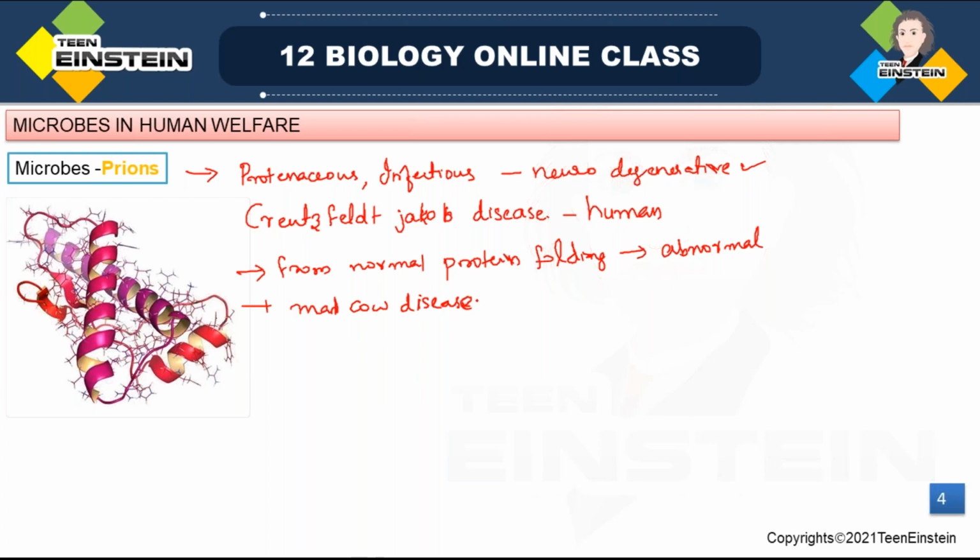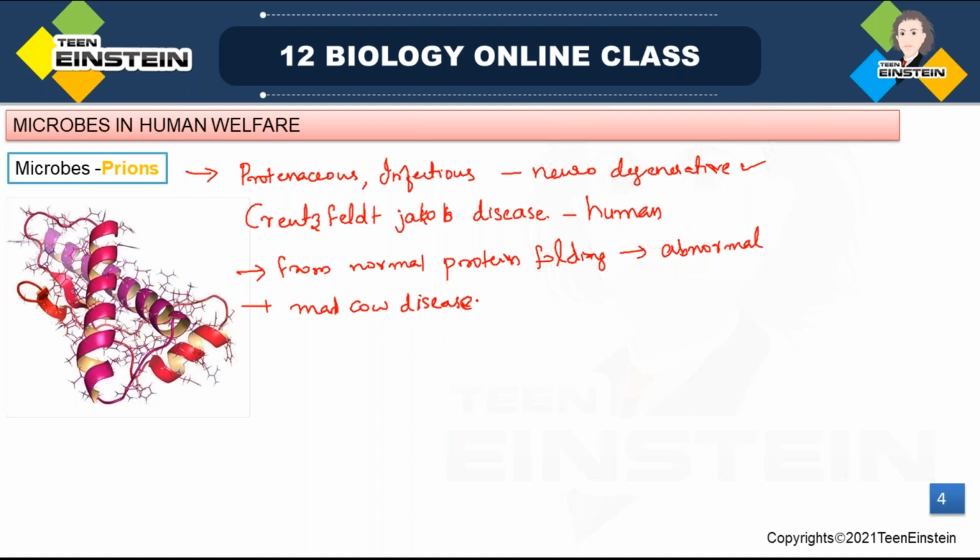this we have learned in 11th standard. Mad cow disease is reported in cows. Prions mainly cause this abnormal folding of proteins, we said. That causes abnormal folding in the brain, and that results in brain damage also. So finally, if abnormal folding is found in the brain, the brain will get damaged.